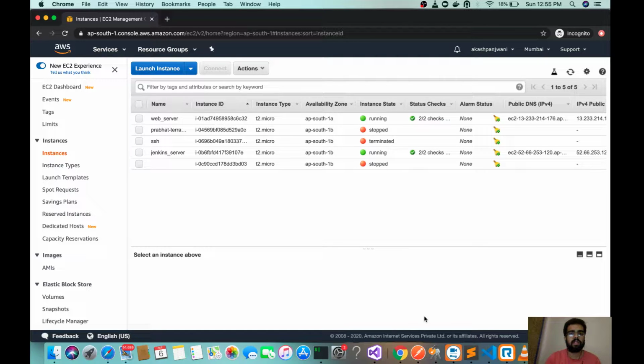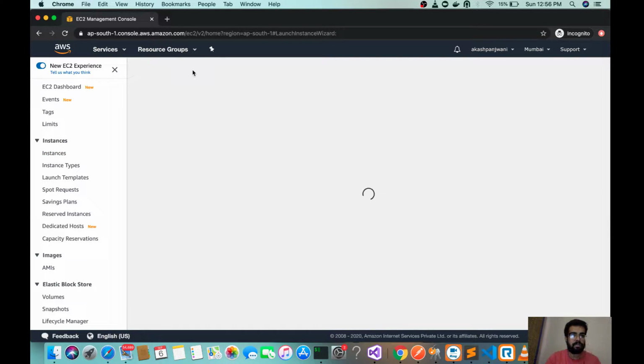In other sessions I will cover AWS, but for this lecture I will tell you how to launch an EC2 instance in an AWS account. You can take any AWS account, or you can also take a Google Cloud account or any other cloud account. You can even take the help of Vagrant as well, but at this time I will take an EC2 instance. For this purpose I will go to the console and click on launch instance. A dashboard will come.